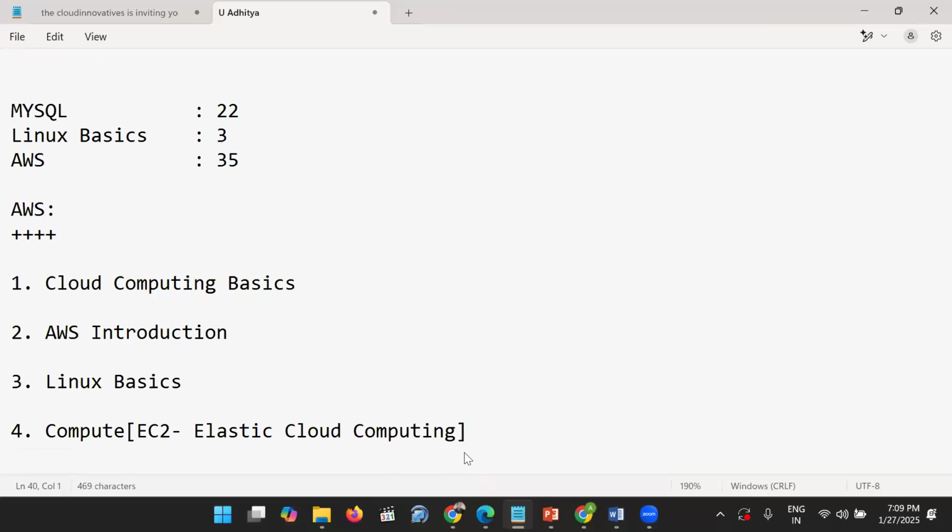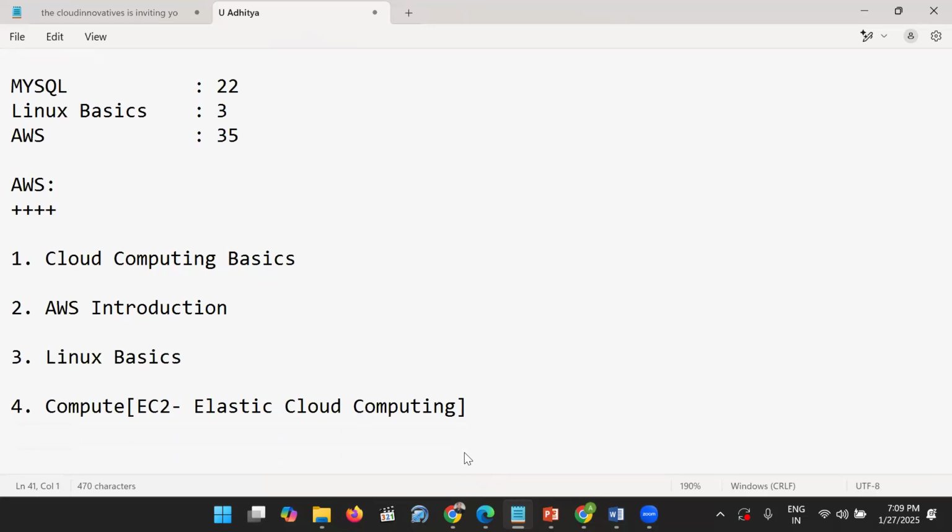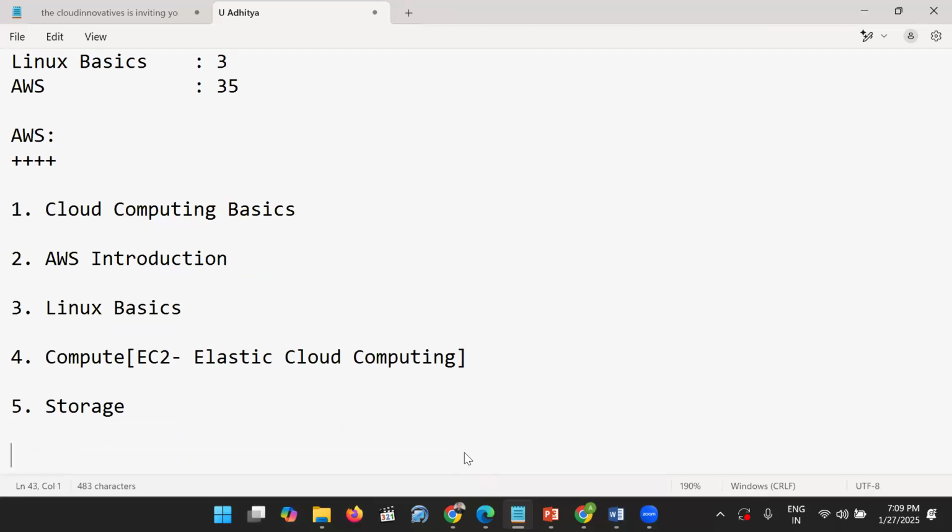We can also balance the load. I can cover the compute service, with many concepts with hands-on. And then I can cover the storage service, and the IAM. Storage service is majorly S3, which stands for simple storage service. I can cover all the features related to S3. And I can cover the IAM concept.